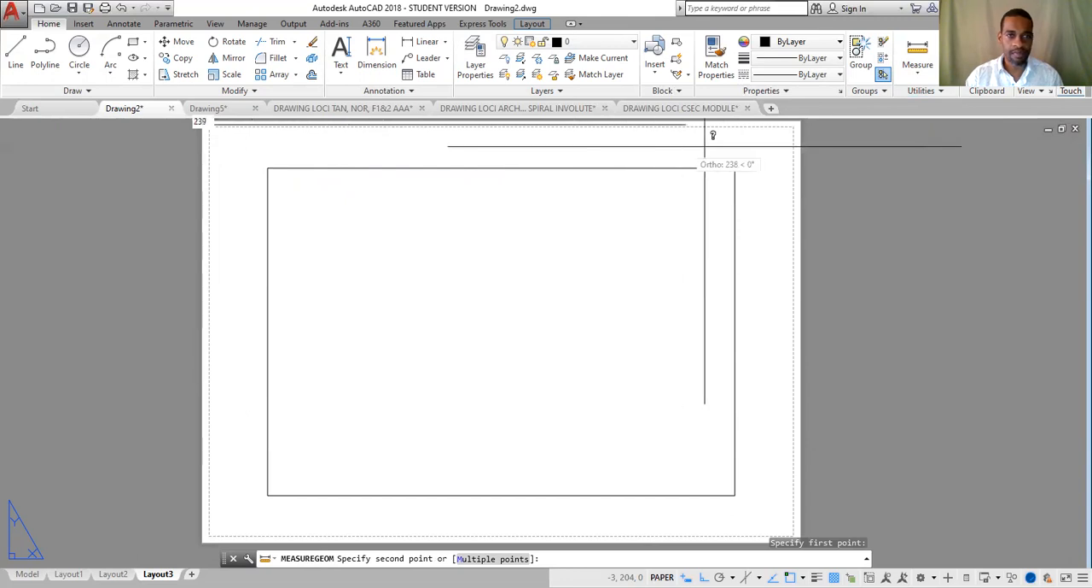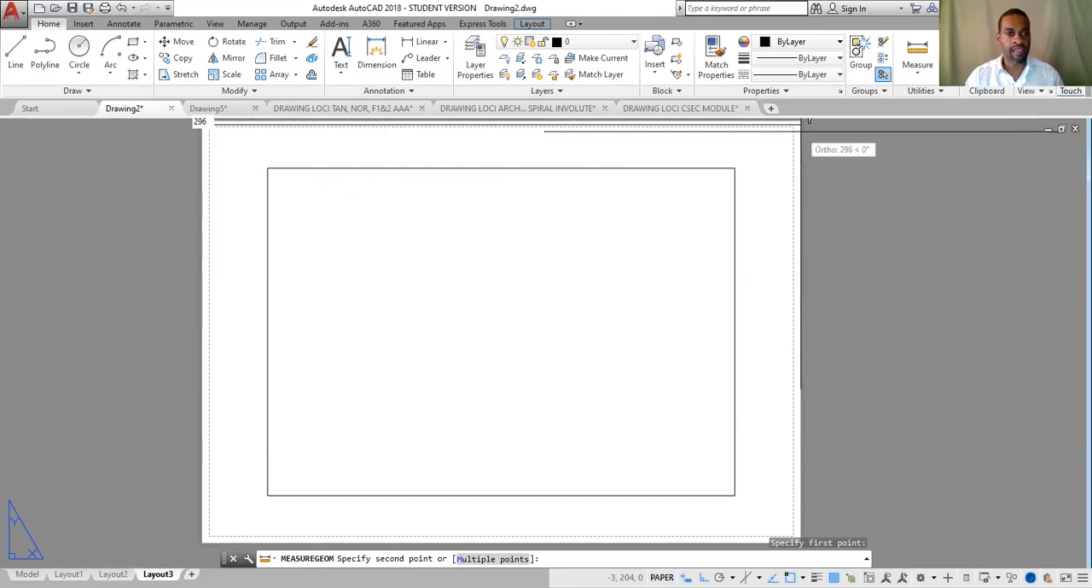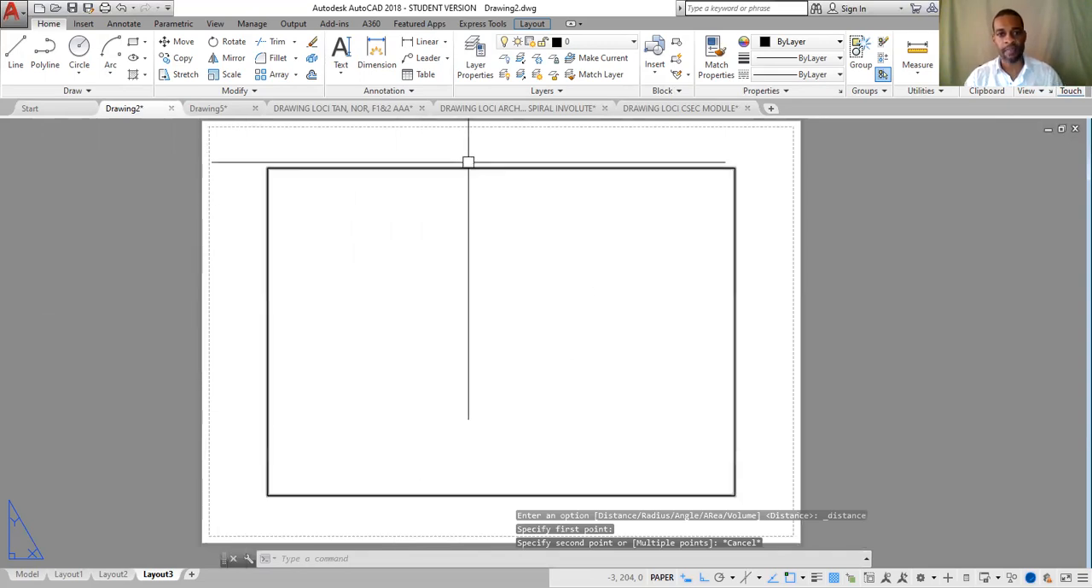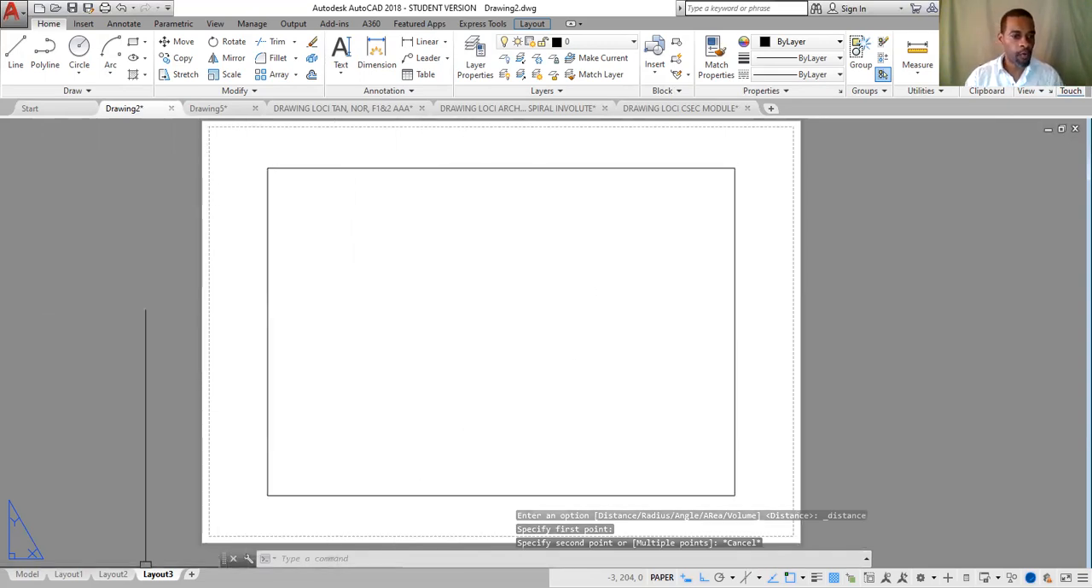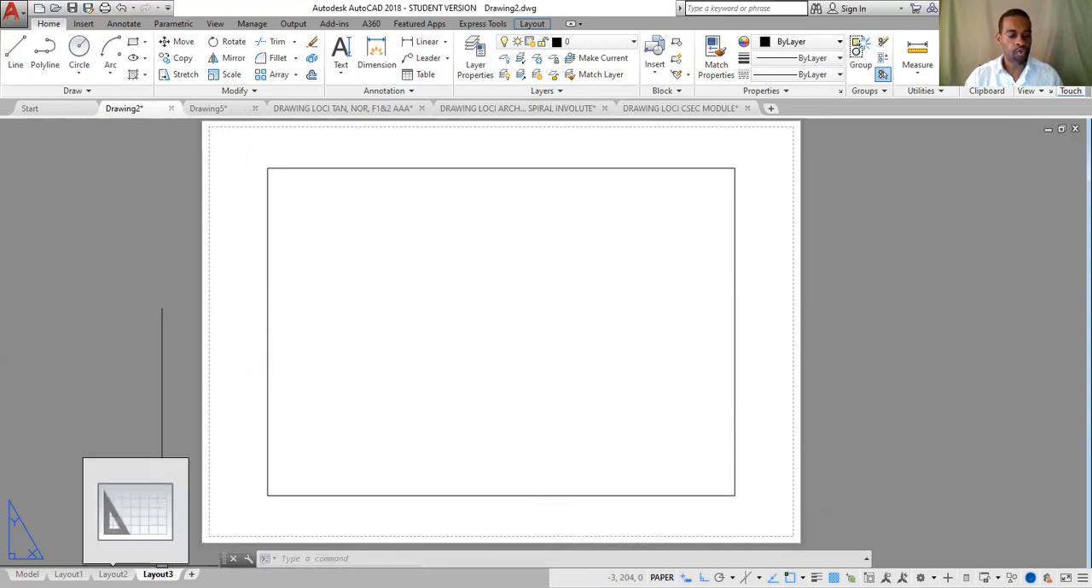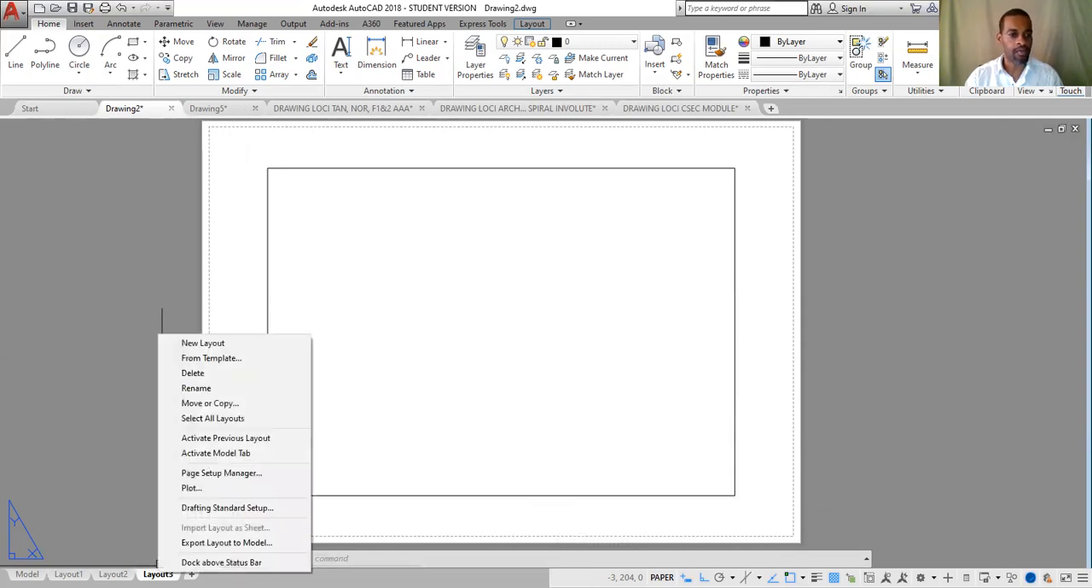Click that point, this point. So we have 297 by 210. We want a legal size paper. It means therefore that we need to change this paper size. To do that, right click on the layout tab,